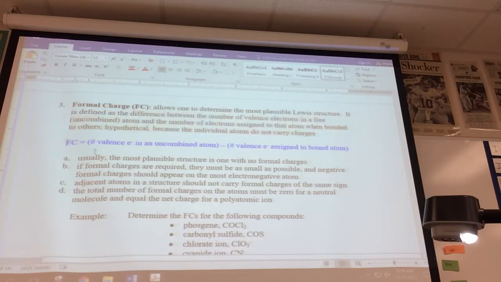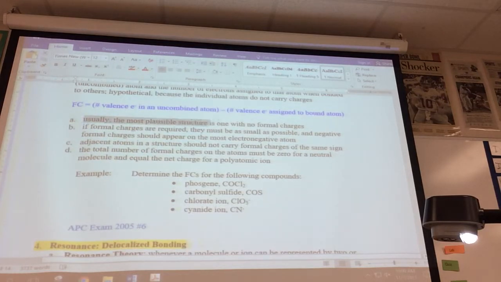To calculate formal charge, you'll do the number of valence electrons in an uncombined atom minus the number of valence electrons assigned to the bound atom, and I'll show you how to do that. Typically, the best plausible structure is the one with no formal charges. If formal charges are required, you want them to be as small as possible, and in